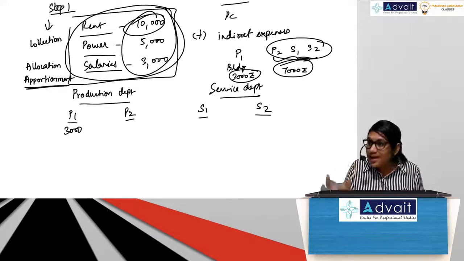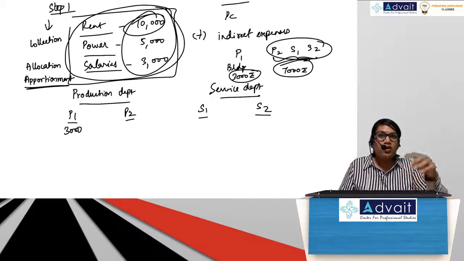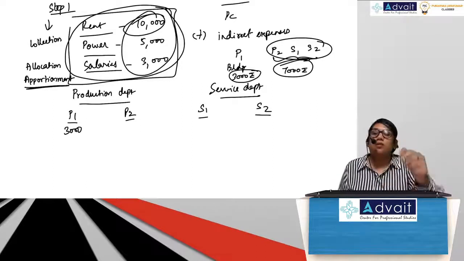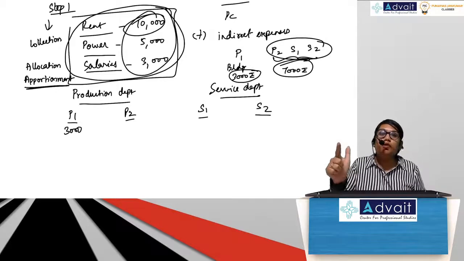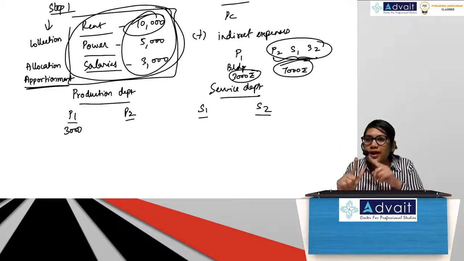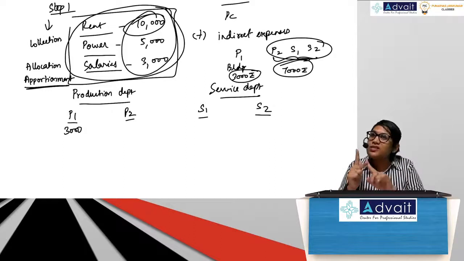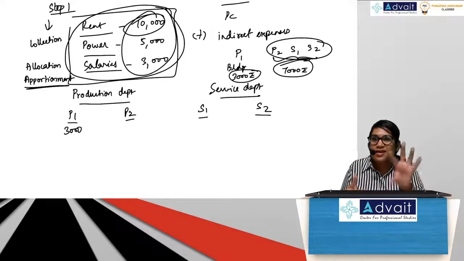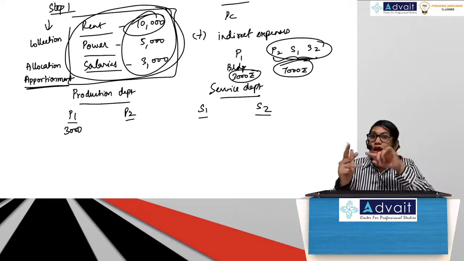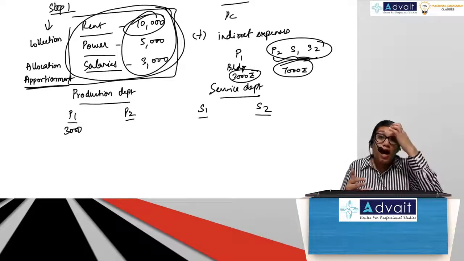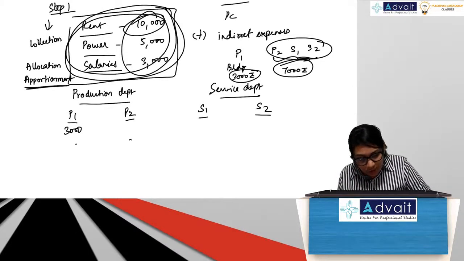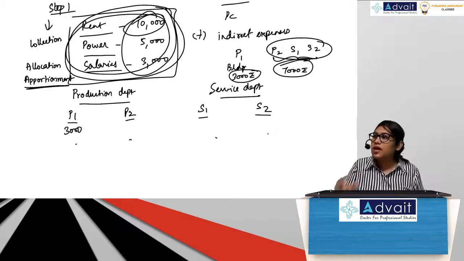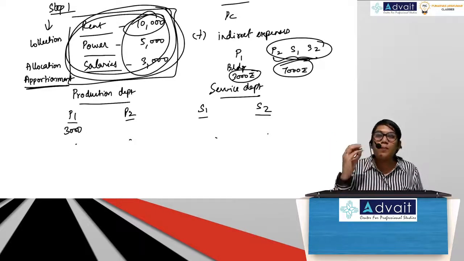So when you are dividing an expense because you can't figure out which department it belongs to, that is called apportionment. When you directly take the expense and charge it to the department, that is called allocation. So step 1 was collection, correct? Step 2 was classification. Do we have to worry about collection and classification? No. Step 3 was allocation. So if something is very clear, you put it there. Step 4 was apportionment. So now in apportionment, what will I do? All these expenses have to be divided between these departments in some given ratio on the basis of something.